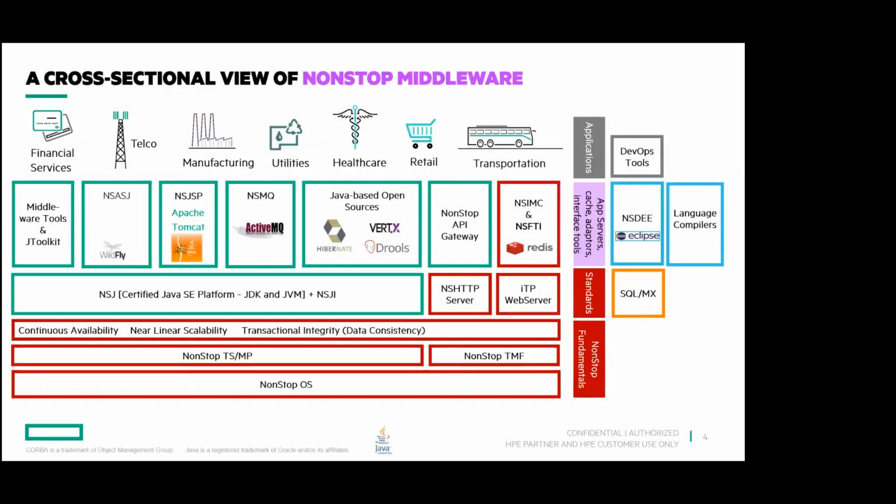So this is called a cross-sectional view of Nonstop middleware. I made it about 3-4 years back. What I mean is you take a Nonstop box, assume it's a cubicle box, and then you make a vertical cut across that box and you will see all the software layered on top of the other in Nonstop. We went through the OS and all that in the other talk. And then Nonstop TS/MP and Nonstop TMF, these are the brain and backbone, as we all know, that provide availability, linear scalability, and transactional integrity for all the applications of the data.